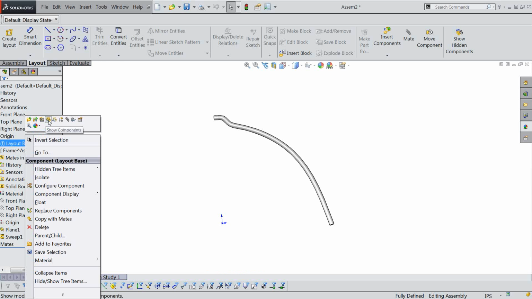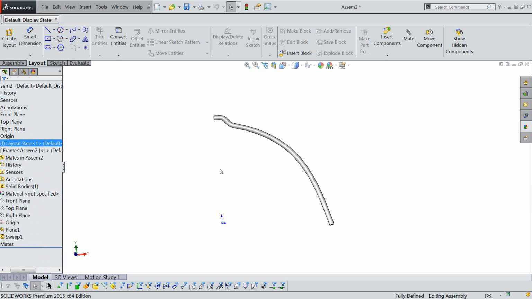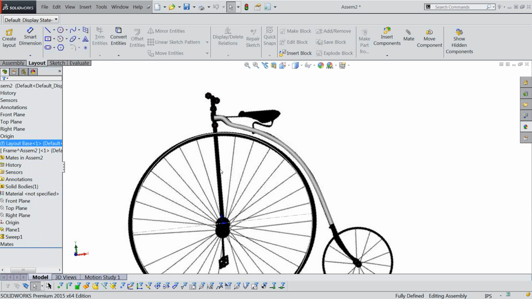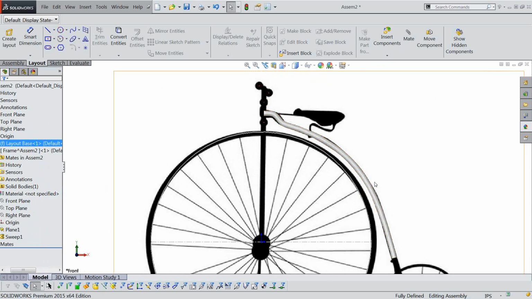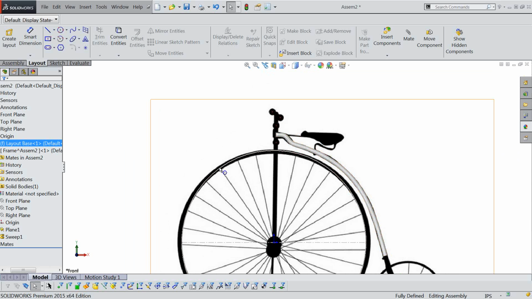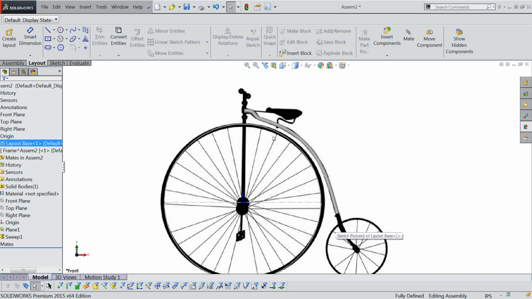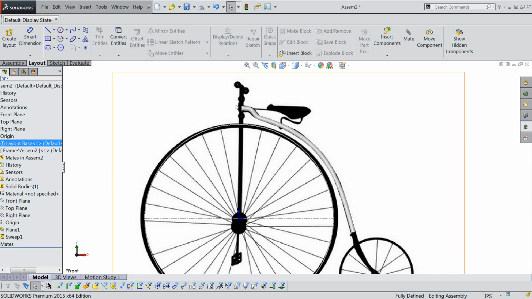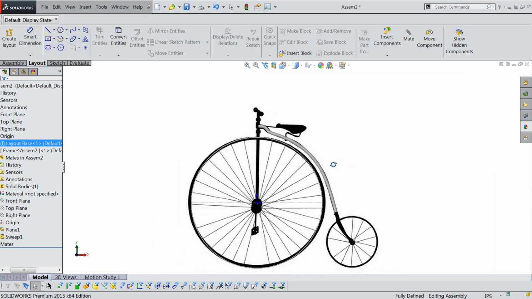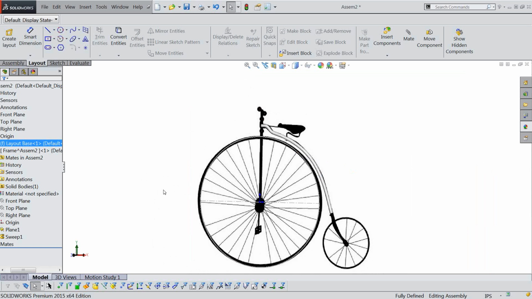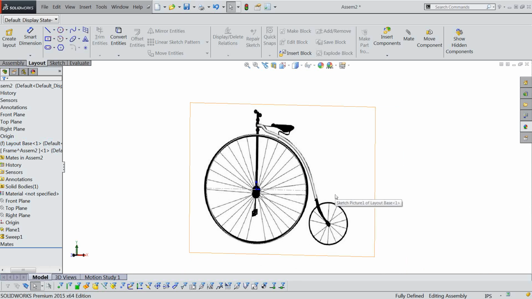When I bring back my layout base sketch for the picture, you can see how closely the frame follows the picture. And as I do that with all my other components, like this might be a revolve, or this might be just an extrude, but it won't match it quite right because it looks like it's turned a little bit off flat to the screen. But that's basically how you get started with the sketch picture and top to bottom assembly modeling in an assembly using a sketch picture there. We're not really using the layout mode, but we are creating those in context parts